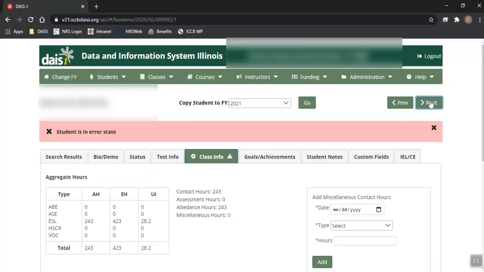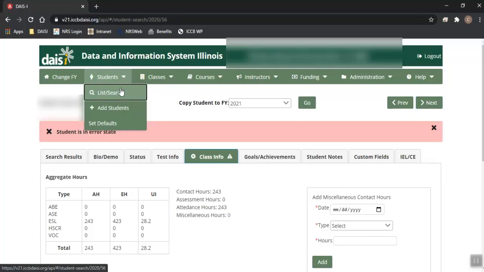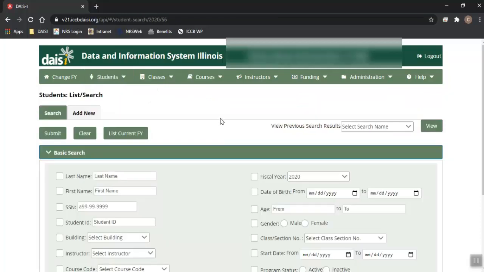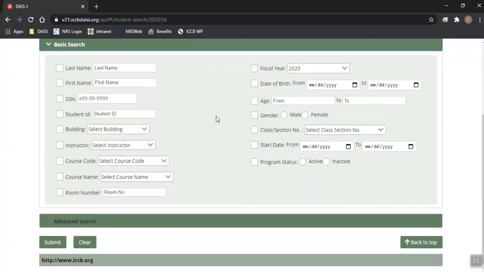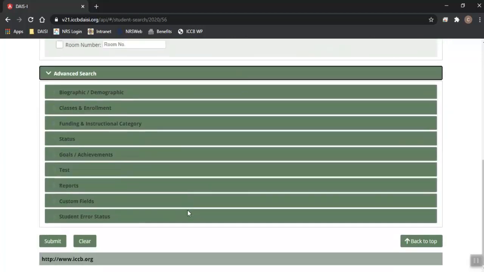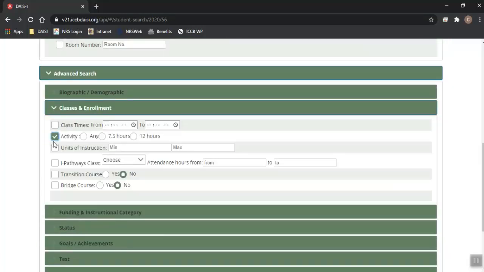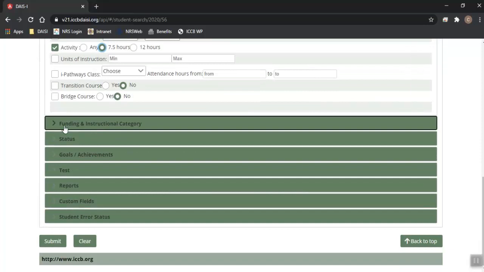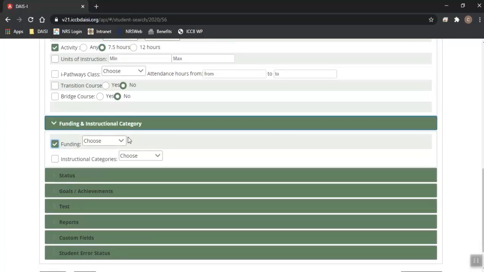Again, I want to make sure everyone knows that once you correct a student's error, that student will still appear on your search results. Let me show you what I mean. Let's say, again, I take a break, log out of DAISI, and then I want to continue correcting my student errors. I'm going to do the same thing I did before, conduct the same search I did before,